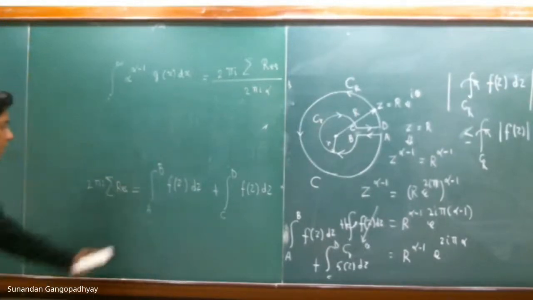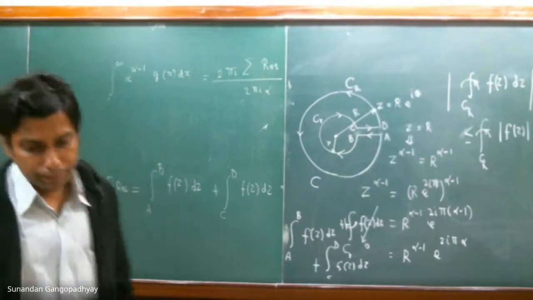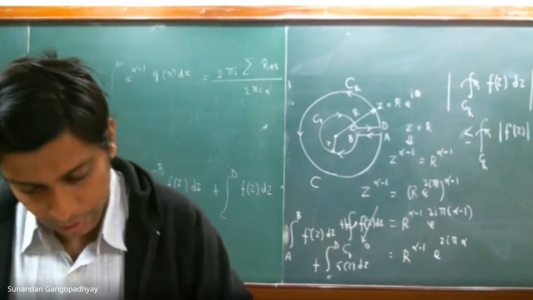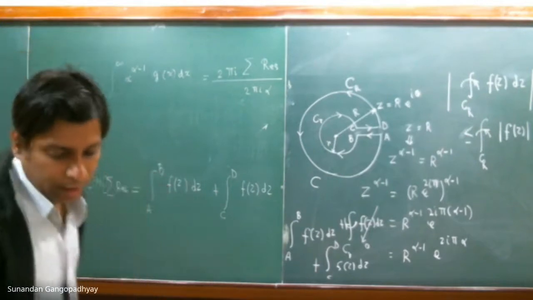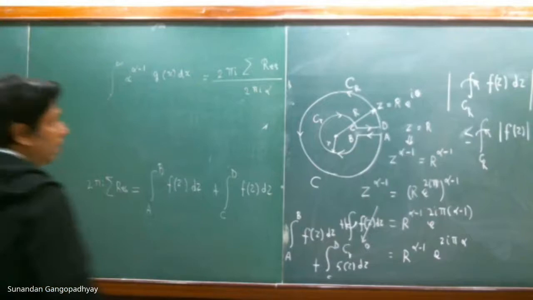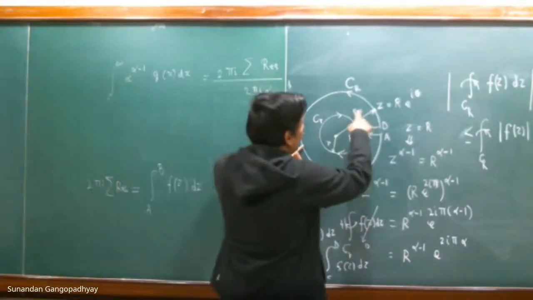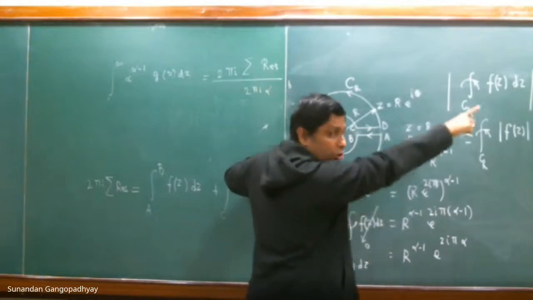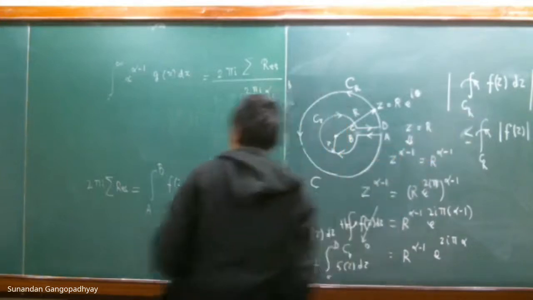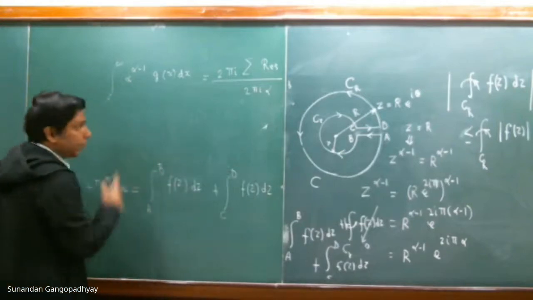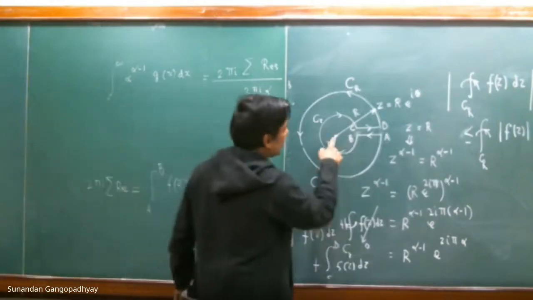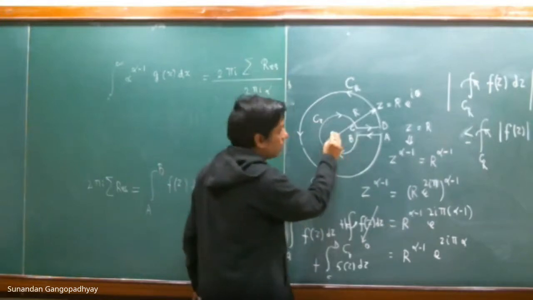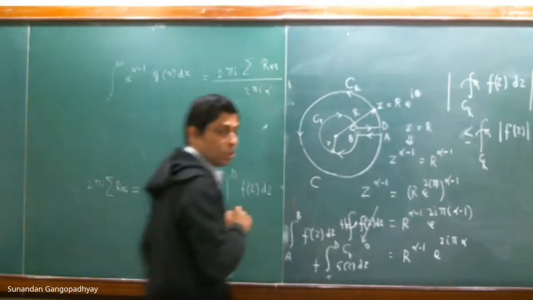Let us take this particular integral. If you take that integral, what we shall find is the following. See, we have taken the limit small r going to 0, capital R going to infinity. That means this point A is also at infinity, so it is integration from A to B, and we have taken the smaller radius going to 0 limit. That means B is at the center. So this has shrunk to a point. So B goes to 0.